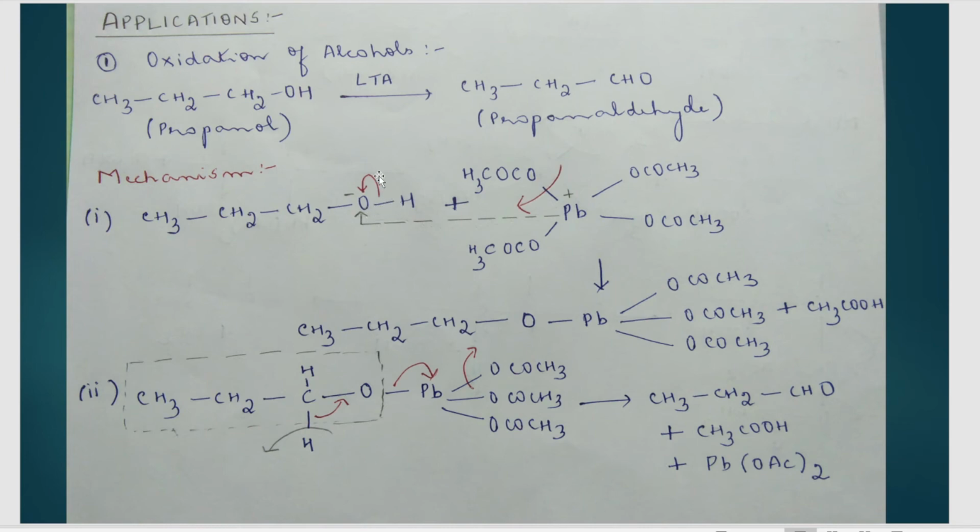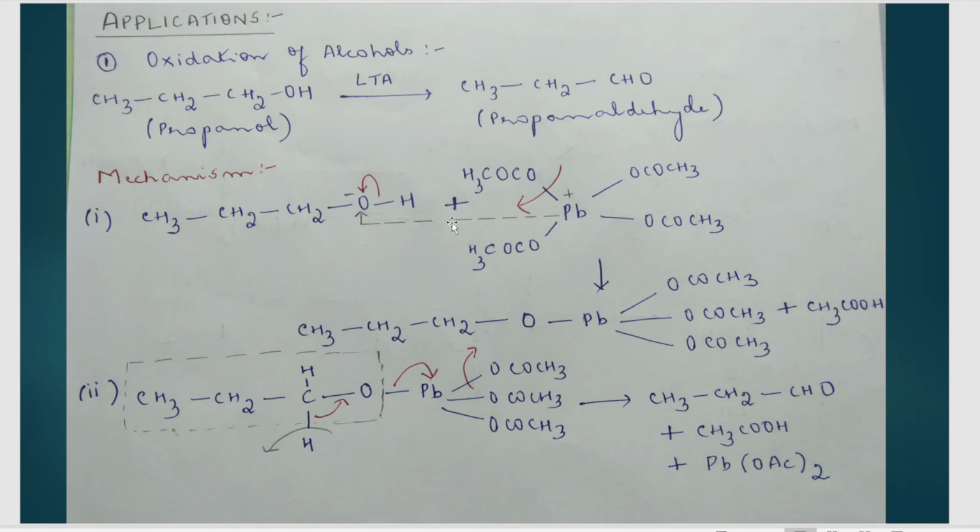Whenever the bond shifts towards one atom, that atom will get a negative charge, meaning to say that atom becomes electron rich. And whenever it is shifting away from one atom, like here in this case it is away from hydrogen, so hydrogen H will get a positive charge. So we can also tell it as H goes out as H plus ion, and this bond shifts on oxygen, giving a negative charge on oxygen. Okay, that is our first reactant.